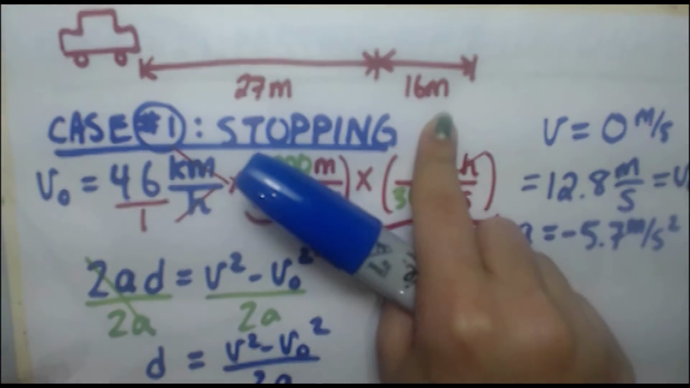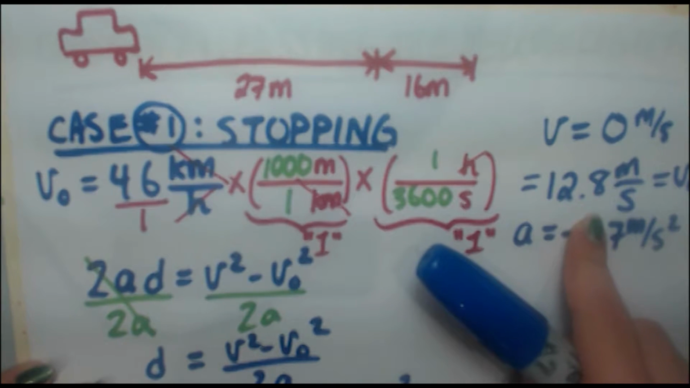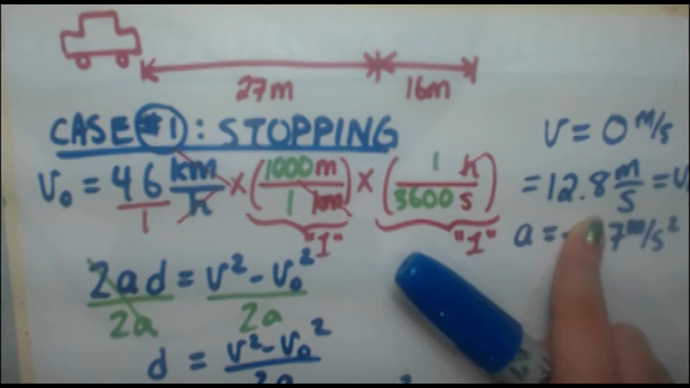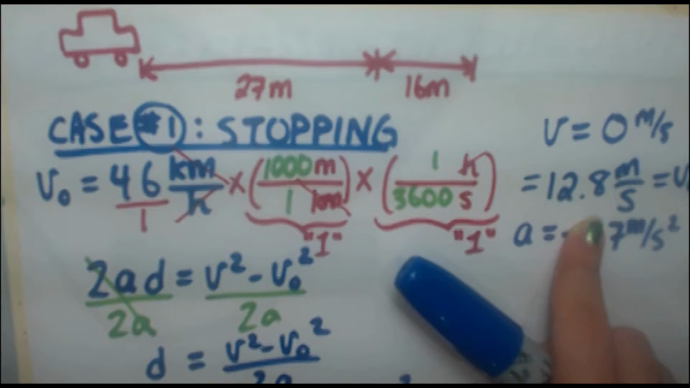Now, remember, we know what speed she's going at right now. She's going at 12.8 meters per second, right? Or 46 kilometers an hour, right? Now, in order to pass, obviously she's going to try to press the gas pedal. She's going to accelerate, which is why they've given you information that allows you to determine the acceleration of the